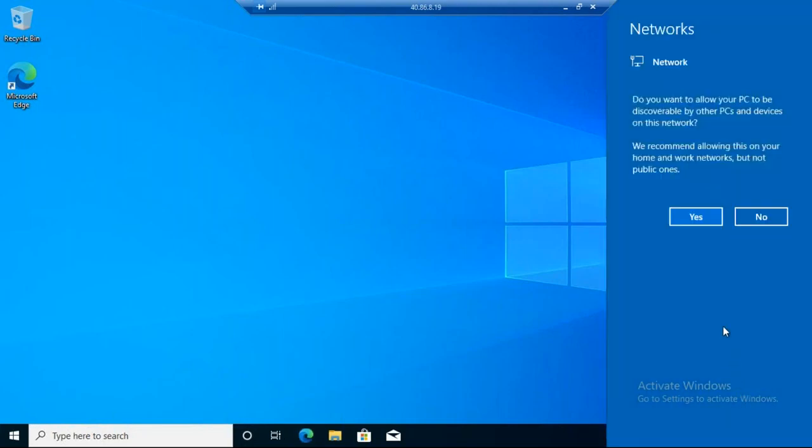It is asking whether you want to allow other outside network. If you say yes, we can connect to the internet from this machine. Say yes.